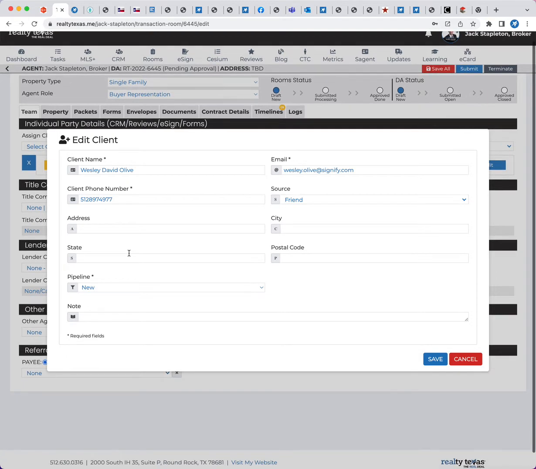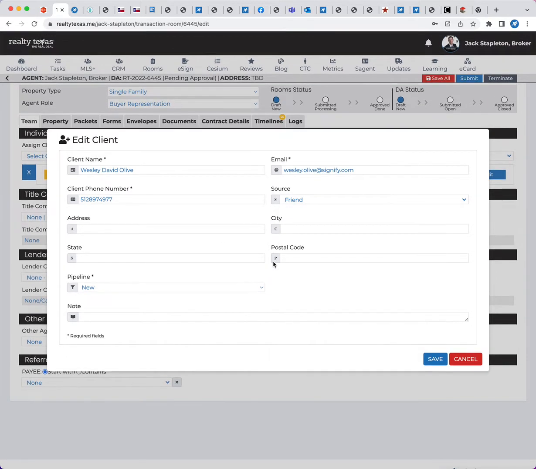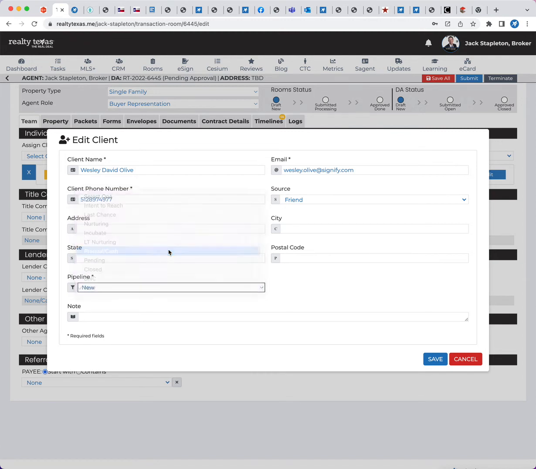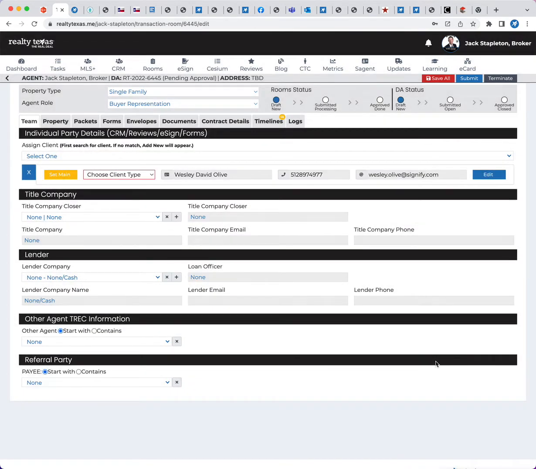You can put their address in here. That becomes more important later for the CRM. And then the pipeline this should be in. I'm going to put this person as pre-qualified, because in this case we have someone who's pre-qualified, they're a buyer, and we're going to change the pipeline so in the CRM we know what status they are for this room. Now we click save. Now we got the phone number, the email address, and we've got their legal name here